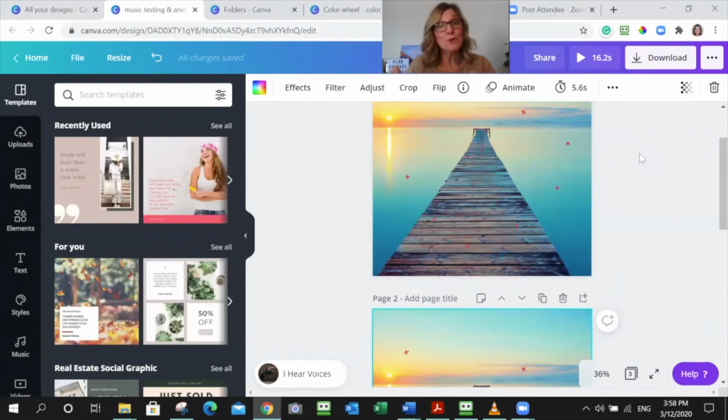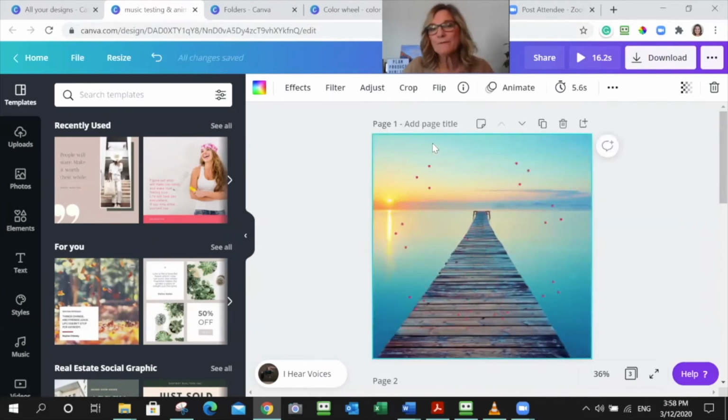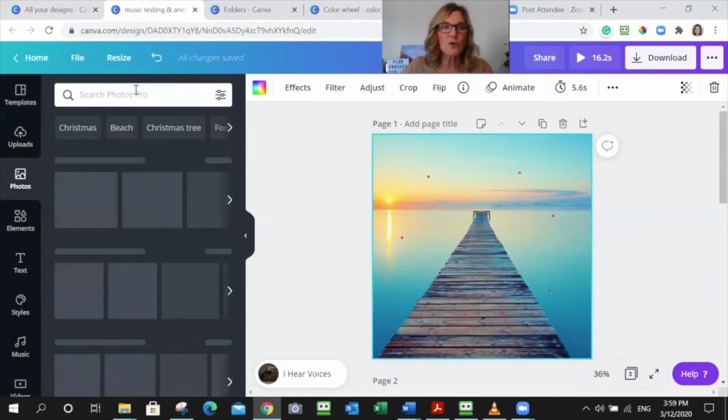Okay, so that's that animation. Now remember, this is not a "I'm going to show you how to do this today." This is, I'm showing you what is possible. That's why I'm moving very, very quickly. Okay, so here, say I wanted a different photo in the background, I would go into photos, and if I wanted,